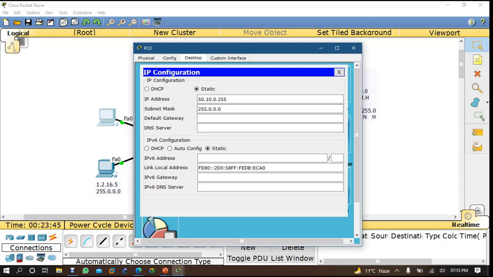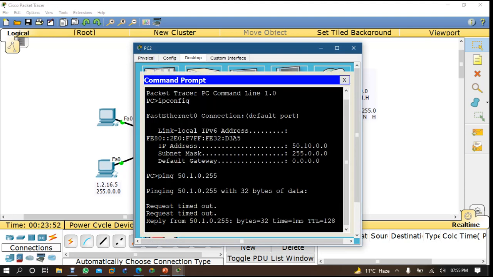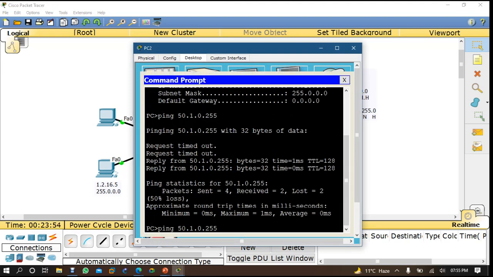Let me check. Okay, 1. Now you can see here they are communicating.